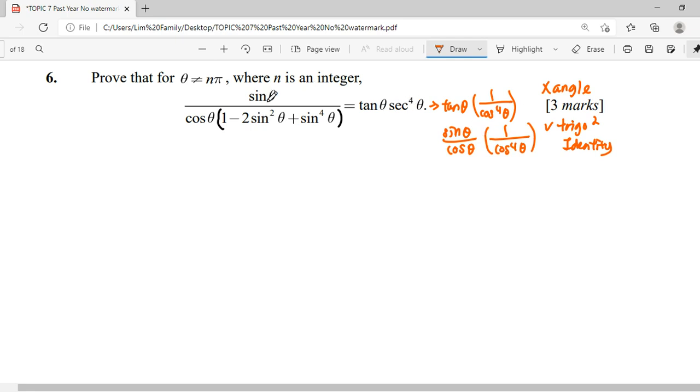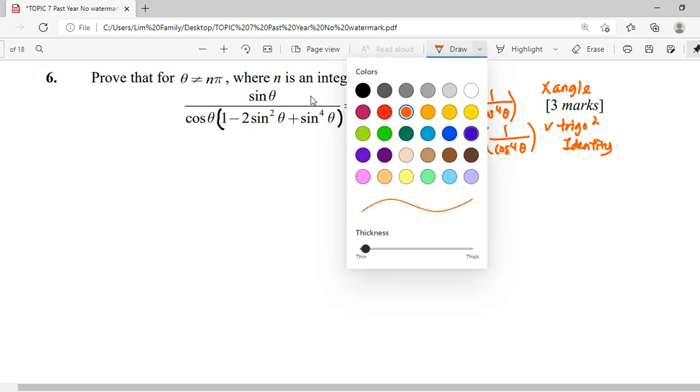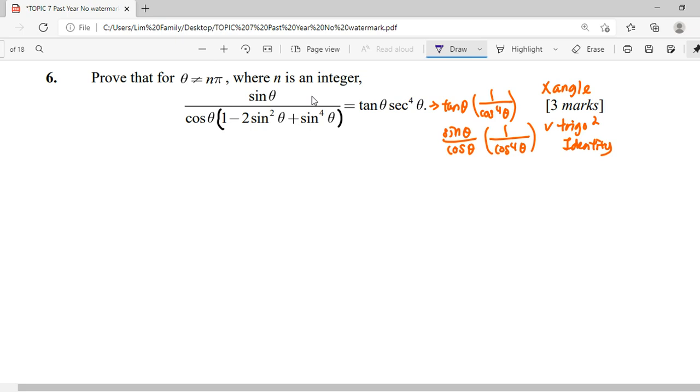So obviously we can see in our question here, by looking at this, we know sine and cos, we take it out, we already achieve tangent. Then we want to simplify the part down here, we get cos power of 4, then we can achieve our secant power of 4. Okay, so we start doing our question. Write down our question clearly. Sine theta